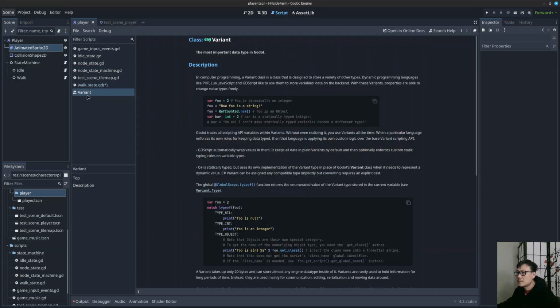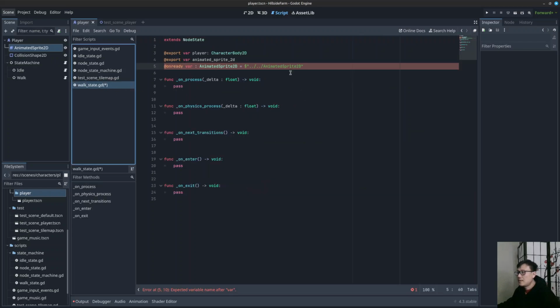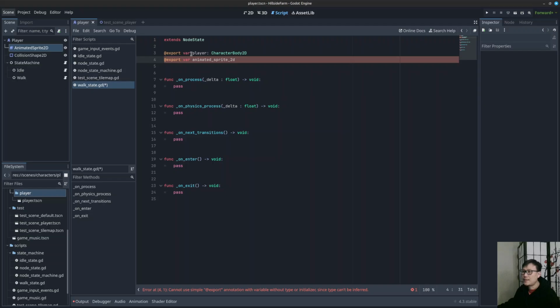So, come back to this. We don't need this. I'm gonna close this. Okay. We don't need that. We just want to make sure of the animations. So we will say animation sprite. We can just leave it here like this. If I do this and go back to walk,